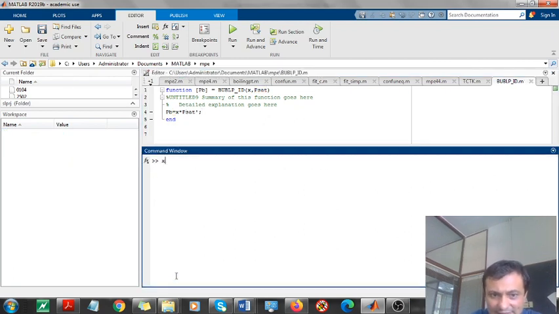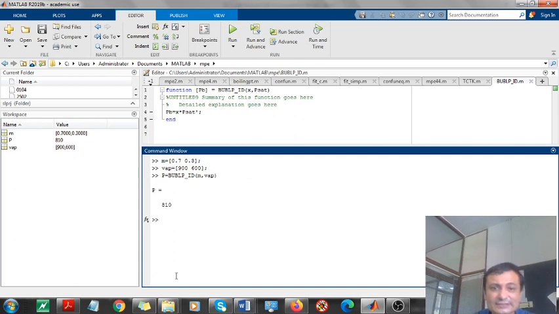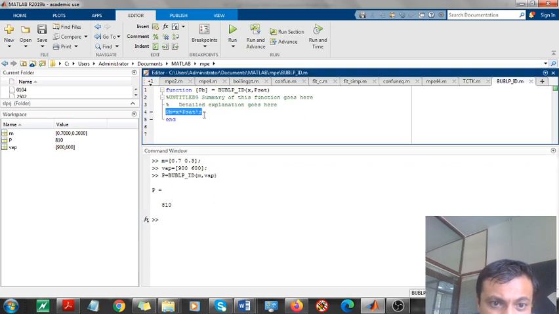Here CLC, right? Now let me write something else. M equals 0.7, 0.3, and let's say vapor pressures are 900 and 600. And then I invoke p equals bubble p underscore id of M, VAP, bracket over, and I get this. So this is how we can also do it. This is the smart use of matrix operations. You don't need to write it out.